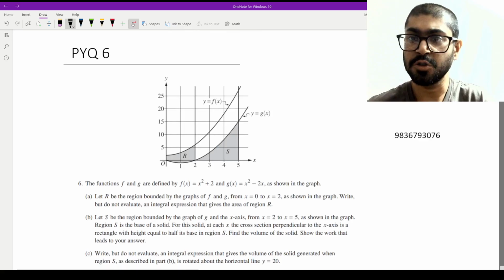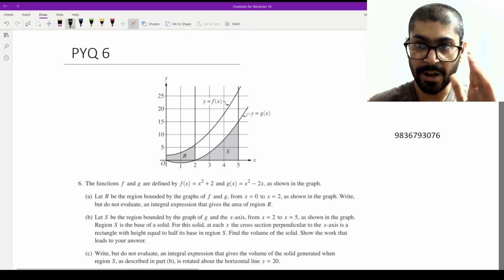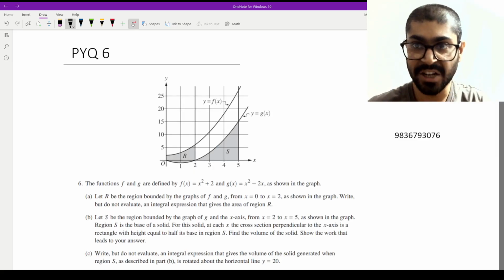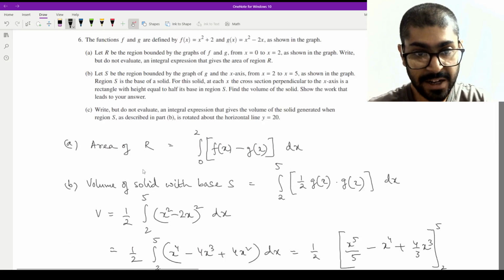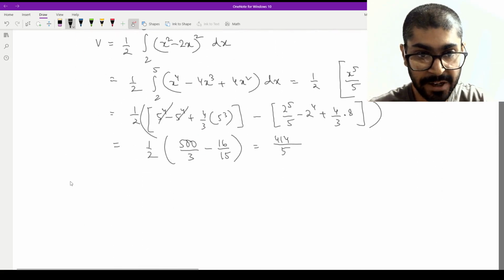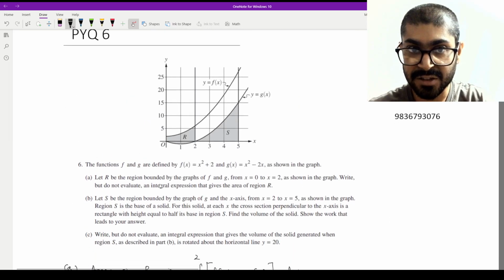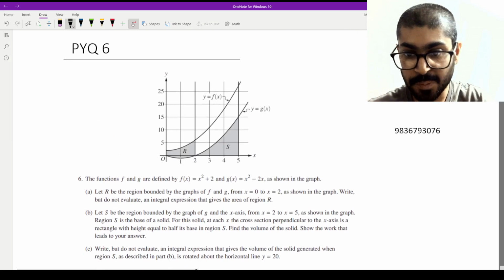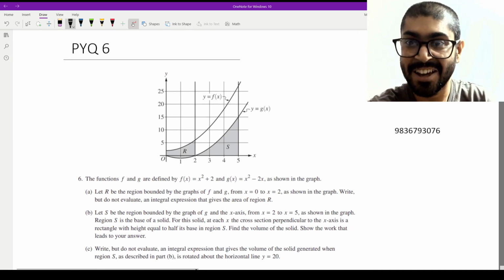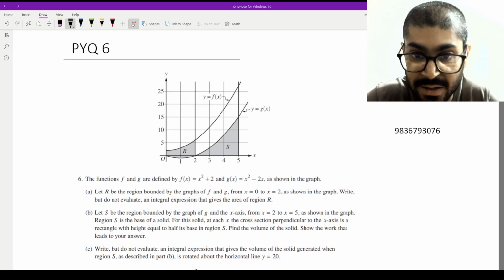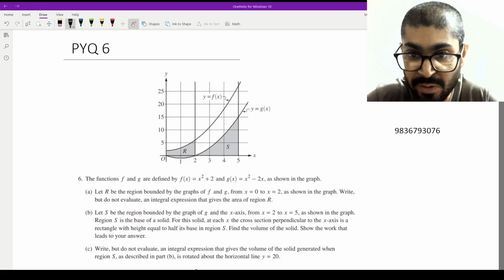I hope you understood how we sliced the solid and calculated its cross section area. Solid means it should be a 3D figure. Now the next portion is again a bit complicated. Complicated in the sense that there is no large calculation, but you would have to picturize the solid that is getting created. It says write but do not evaluate an integral expression that gives the volume of the solid generated